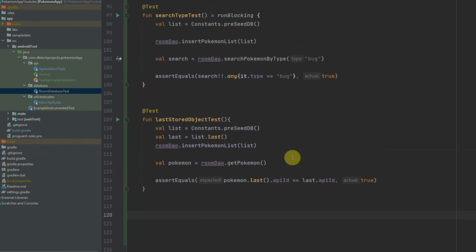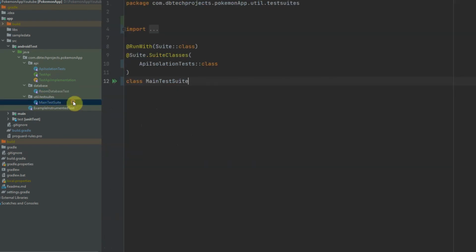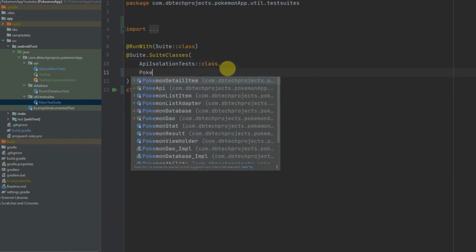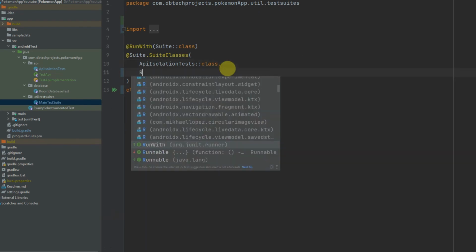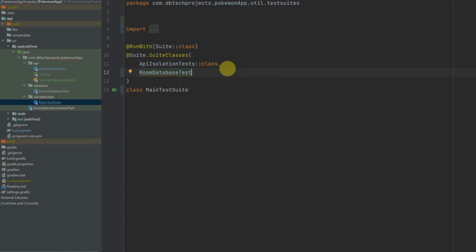So we are testing whether we can insert each of the Pokemon list item and detail item, and also search them and retrieve them. So now we can actually go ahead and add this to our main test suite, just underneath the API isolation tests. So if you add in here, room database test class, and then we're going to hit play and run all of our tests together